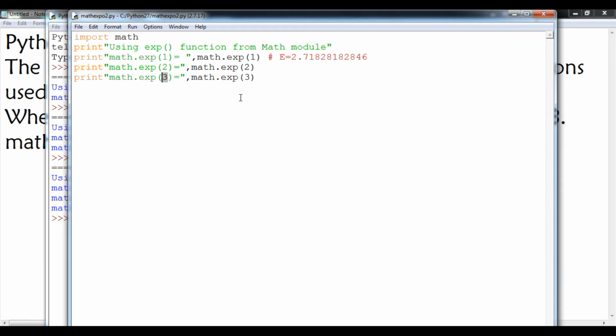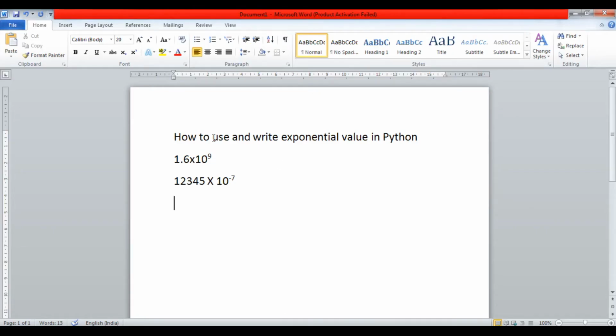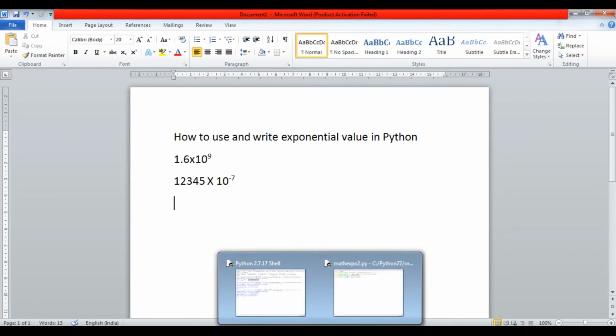Okay, now we are talking about this particular value, student. Suppose, how do you use the exponential value in Python? Suppose a question paper asks you to write this particular value in Python code, how will you type it? To do that, student, we have to use the exponential variable, not the exponential function.